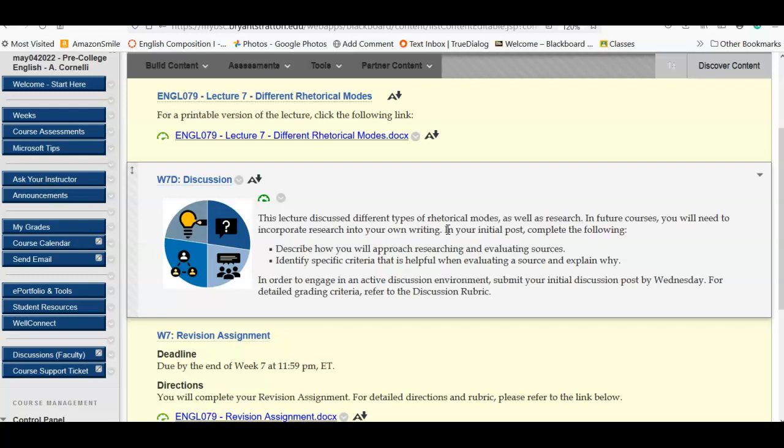So, based on what you've already learned about writing in this course, and especially in lecture 7, describe how you approach researching and evaluating sources. Not all sources are the same. For example, if you wanted to quote some statistical information, you wouldn't necessarily go to Wikipedia, because it's a known entity on the internet that is not reliable, since nobody is really vetting it.